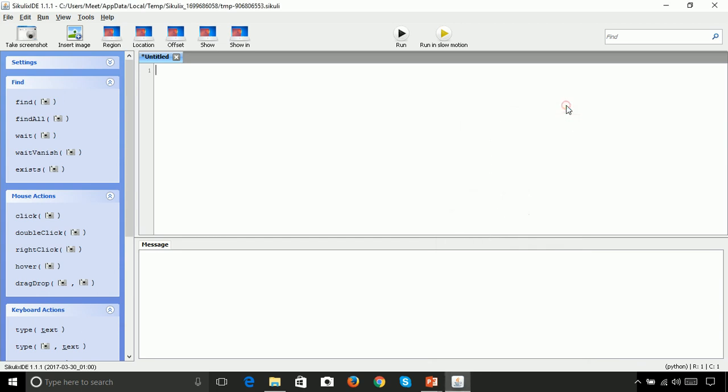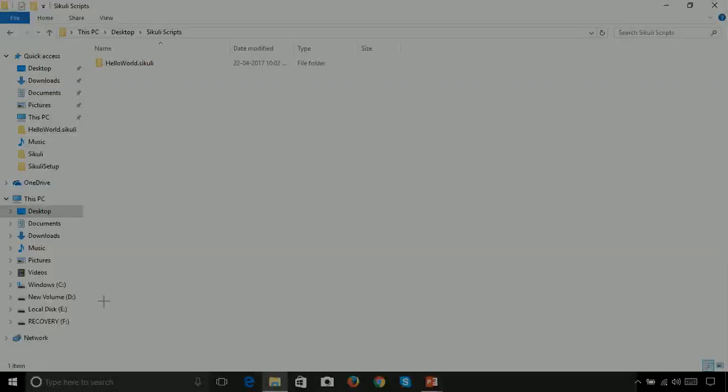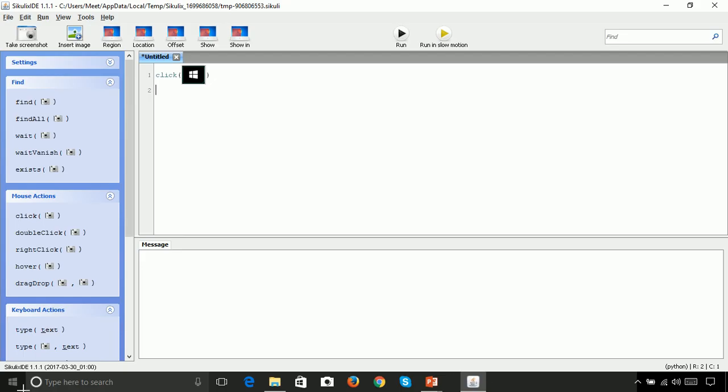Let's see how. So our first two actions will be similar to Hello World. The first action involves clicking on the start menu. So let's use the click function here, and that will ask us to take a screenshot. Let's drag a box over the Windows button.